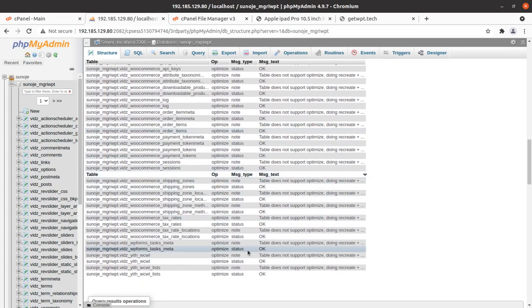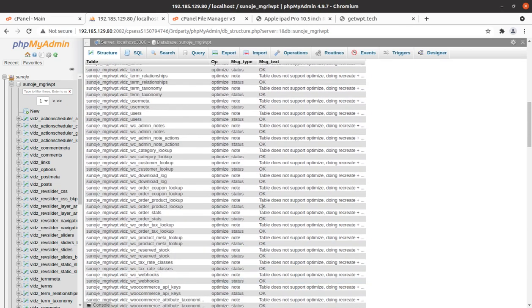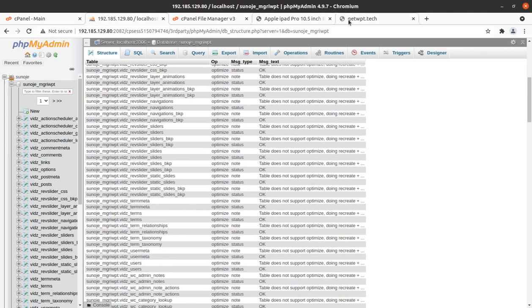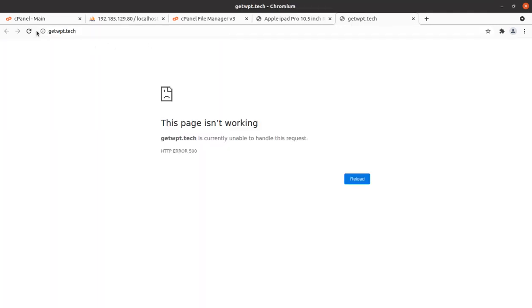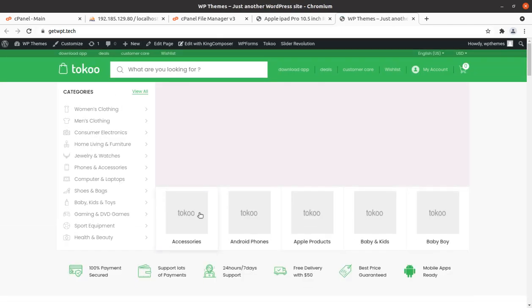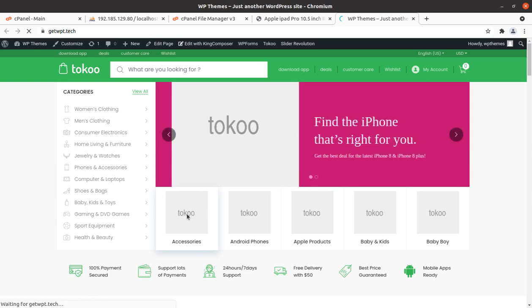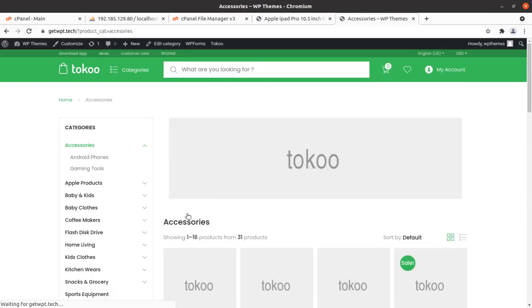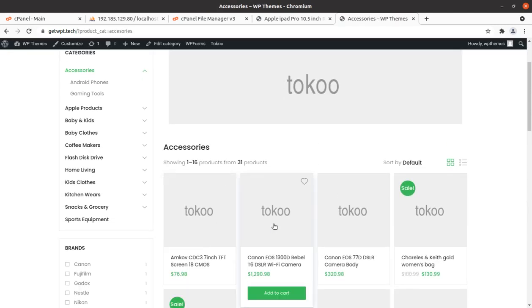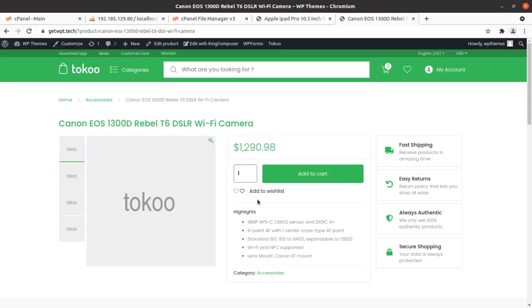So tables are 58, so it is showing everything is okay now. So if your website is slower, it is going to be faster after this activity, in fact. And since our website was already optimized, it is already fast, but in your case it will definitely improve the performance of your website.